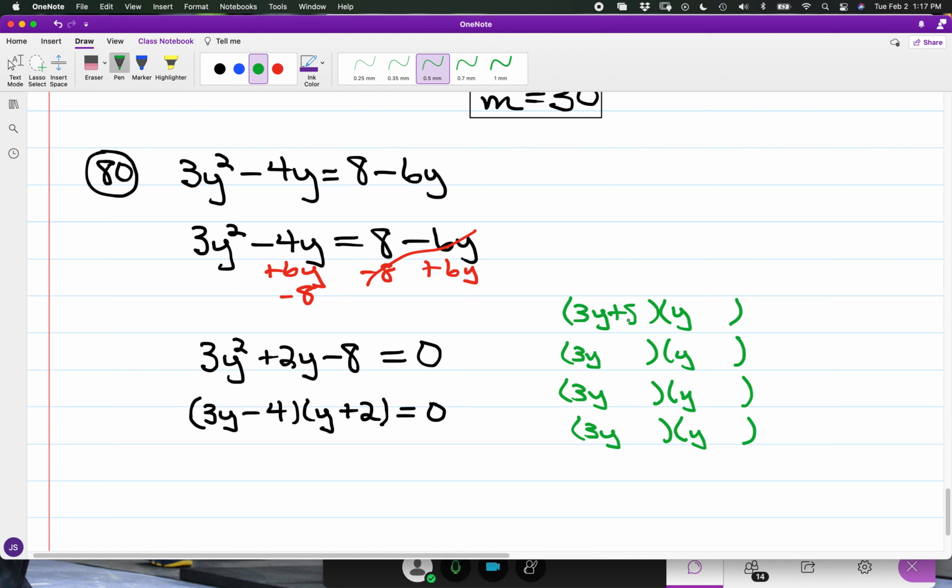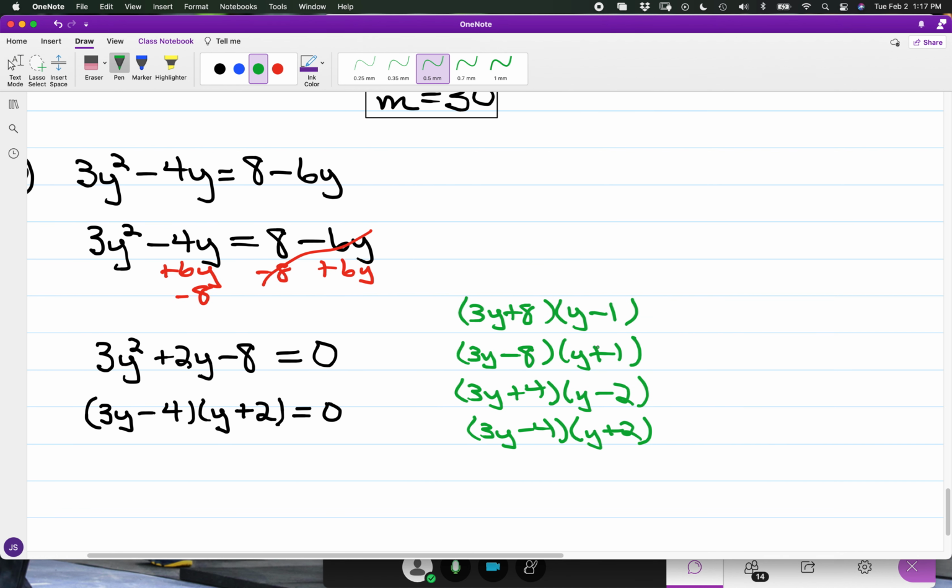You could have had plus 8 minus 1, or stuff like 3y minus 8, y plus 1, or even 3y plus 4, y minus 2, 3y minus 4, and y plus 2. And if you notice, there are other combinations too, but you could have, let's say just for instance, 3y plus 1, y minus 8. And if I had FOILed out